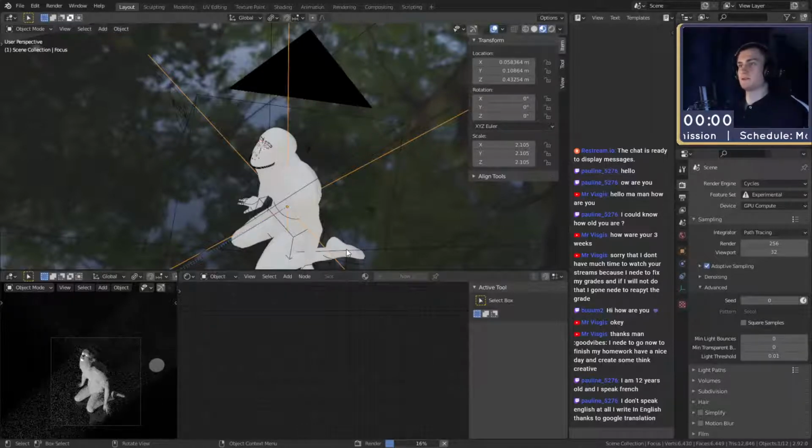I'm not quite sure yet what I will do, but I'm gonna decide that when I see how far we got this week. So if we, for example, get all the way to retopology, then we're probably already past the first third of the whole process, maybe, or the first quarter. Basically the sculpting, and then afterwards we would do retopology, which would probably take like 1 or 2 streams.